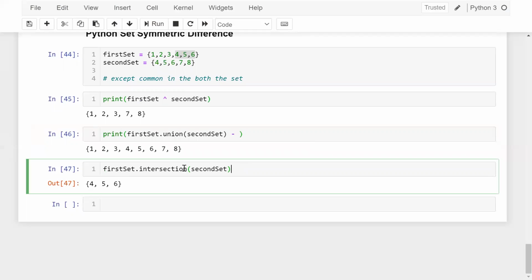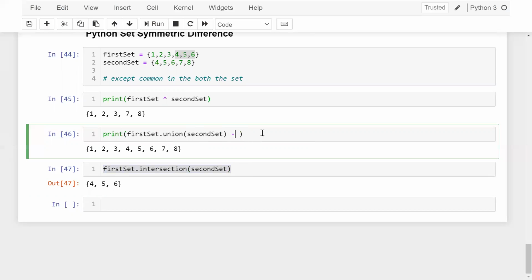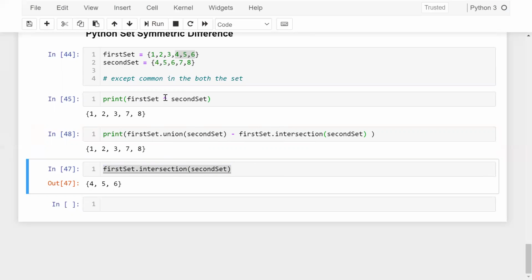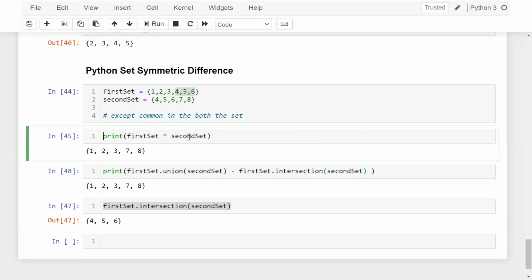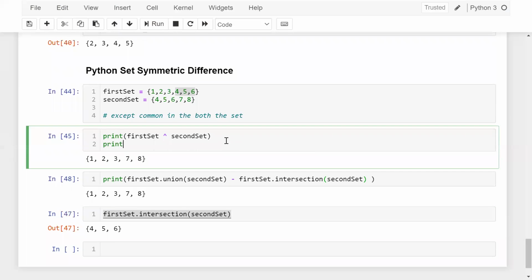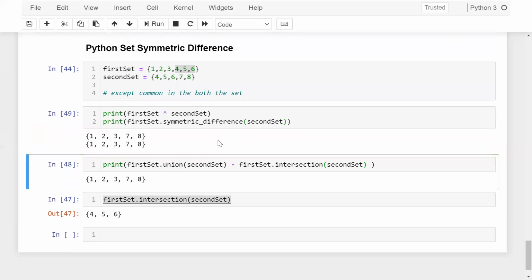Minus, and I can copy this one and paste it here. So you can see that. The symmetric difference is the difference of union minus intersection. Or you can use this term, using the first set's symmetric difference. You can use the second set and you will get the same answer. So these things you need to